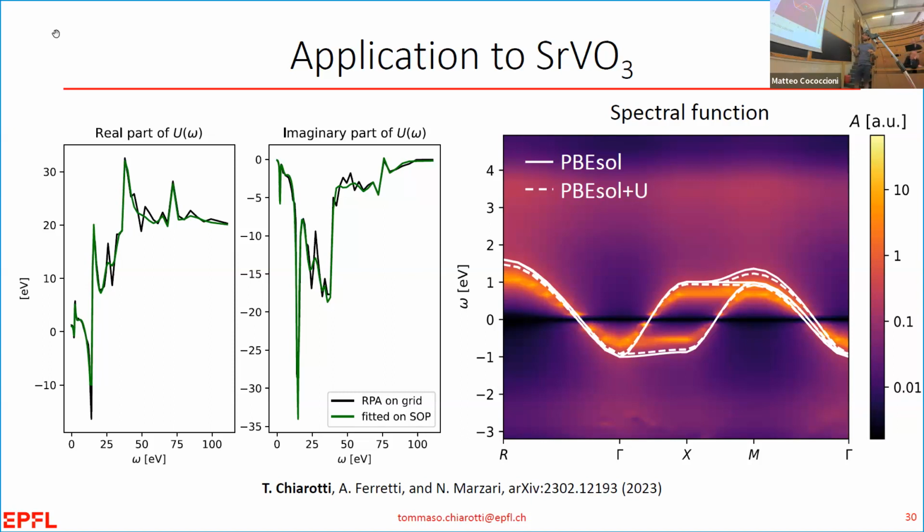Now, the point is that the bandwidth is correct. Okay, fine. But why does the bandwidth shrink with respect to Kohn-Sham DFT or DFT+U? You see, the bandwidth shrinks. It was thought by the dynamical mean field theory community to be because of these two bands. Here you cannot see anything, but in the computer you can. If you look at the article, it's very clear. There are two Hubbard bands here, actually. It was thought that these two Hubbard bands gave the shrinking, all right? So this is actually the Mott physics, if you want, happening.